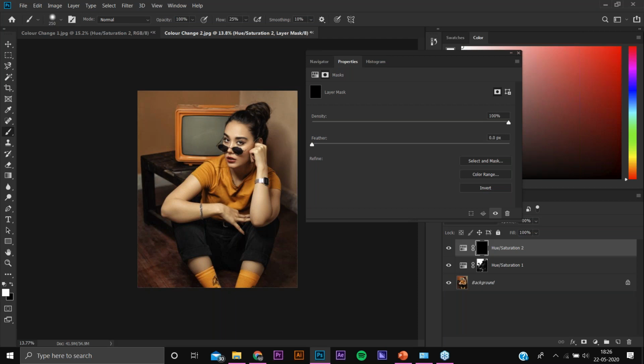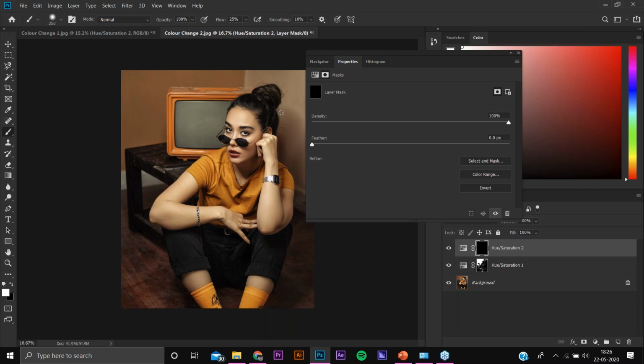Add this pink color over here. I think so.